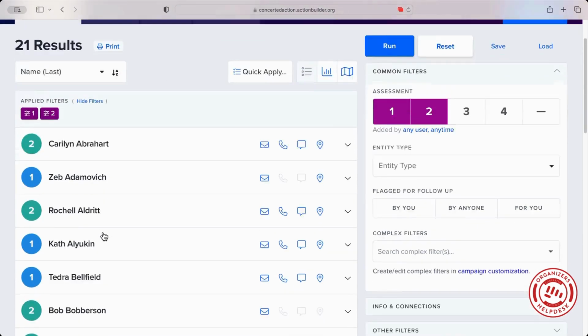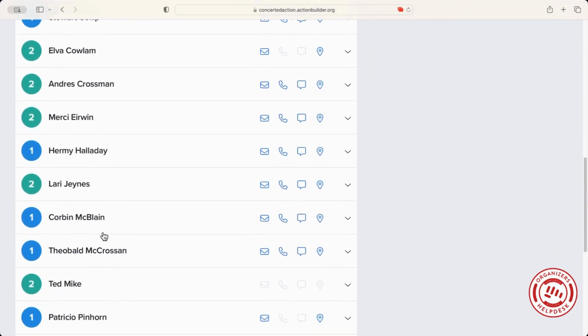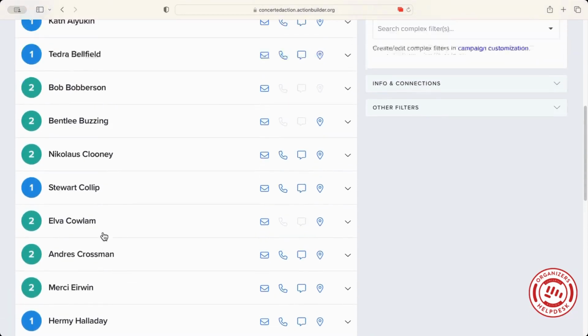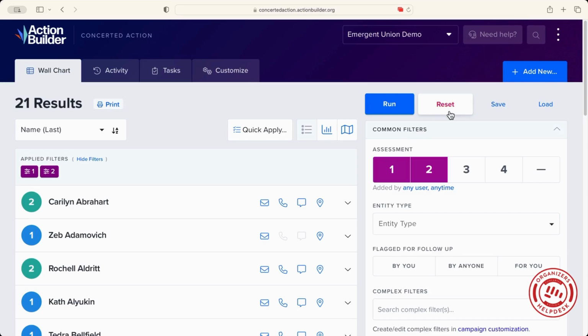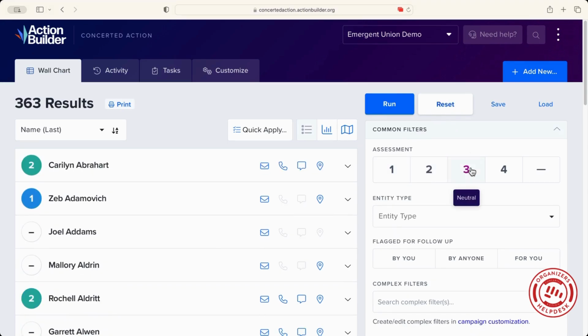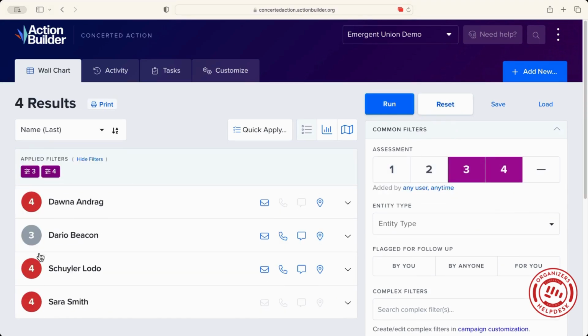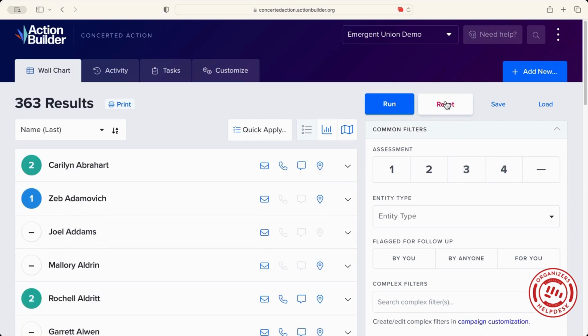We can see Carolyn and Zeb. And now scroll down, only our 1s and 2s are showing up for us today. We can go to reset and pull back the whole list. Again, let's do 3s and 4s, run, and we've only got 4 3s or 4s. So just like that. But like I said, we can pull back on basically any information we have in the